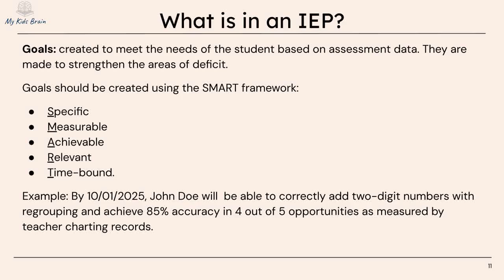This area is particularly important because it tracks the student's progress in moving towards grade or age-appropriate standards or skills over the course of a year, meaning goals are created to be achieved within 1 year. This is where we are anticipating the student will be by the next school year. To ensure that the student is moving towards achieving these goals, there are progress monitoring mechanisms in place through quarterly progress reports. In terms of goals themselves, they are created to meet the specific needs of the student.